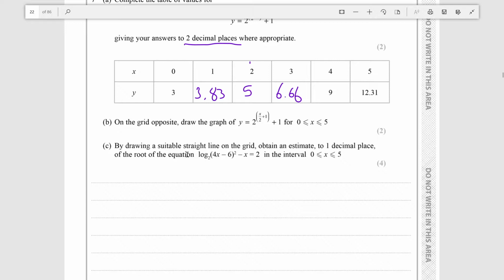Now, by drawing a suitable straight line on the grid, obtain an estimate to 1 decimal place of the root of the equation log 4x minus 6 to the power of 2 minus x equals 2. Alright, so